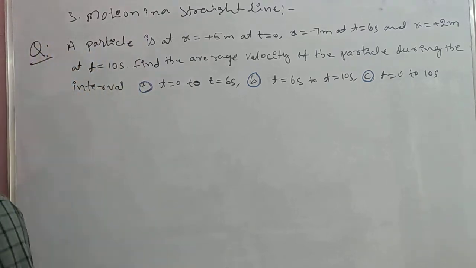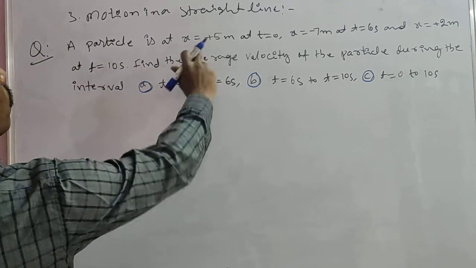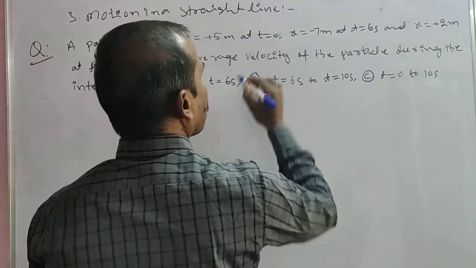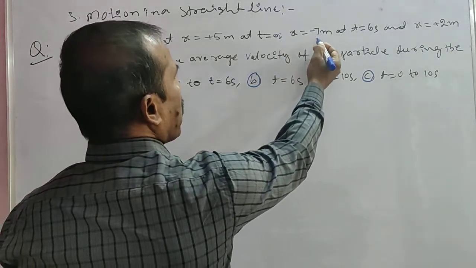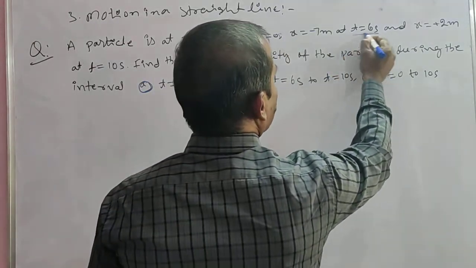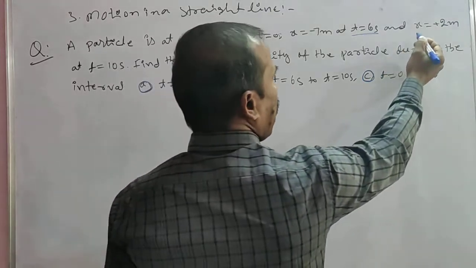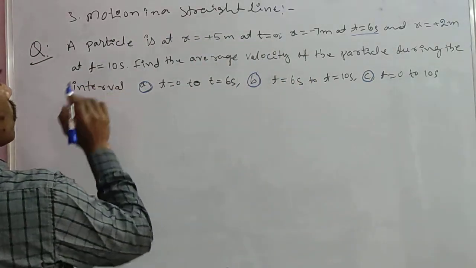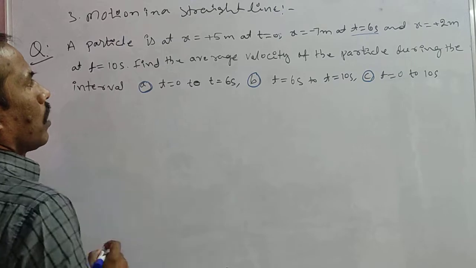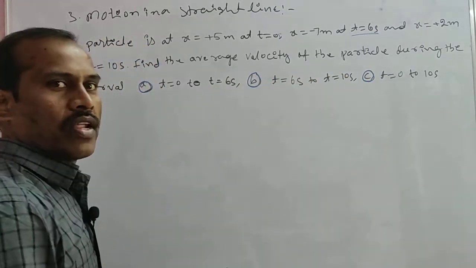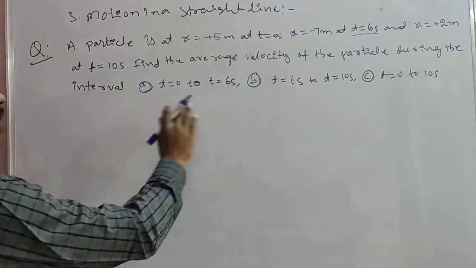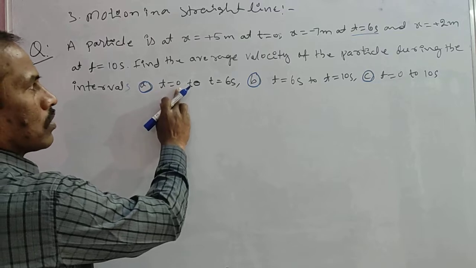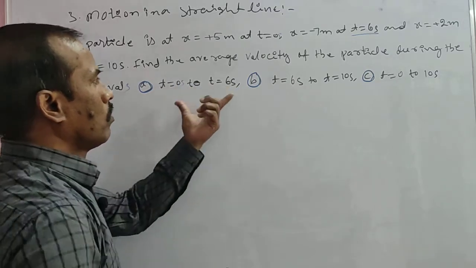First of all, a particle is at x = 5 meters at t = 0 seconds, x = −7 meters at t = 6 seconds, and x = +2 meters at t = 10 seconds. Find the average velocity of the particle during the time intervals t = 0 seconds to t = 6 seconds,